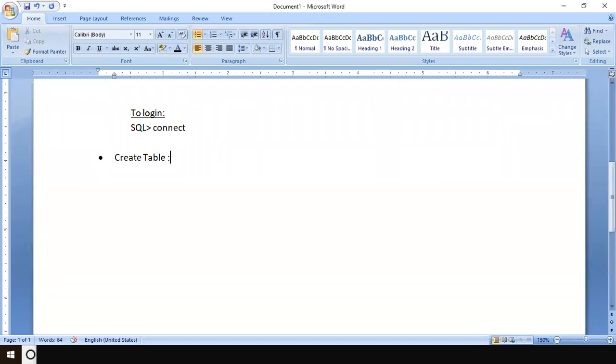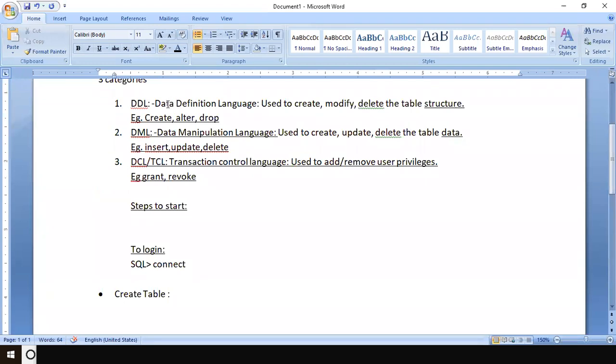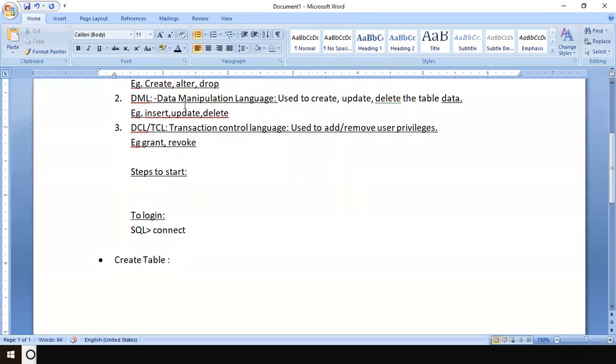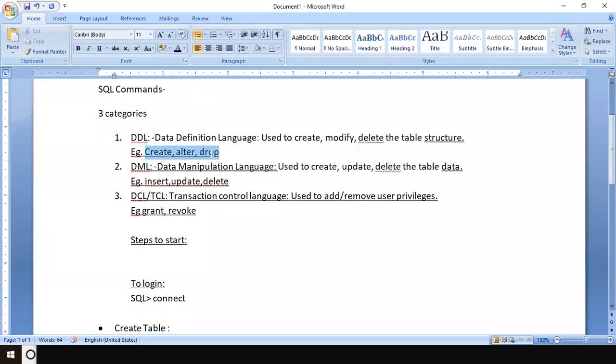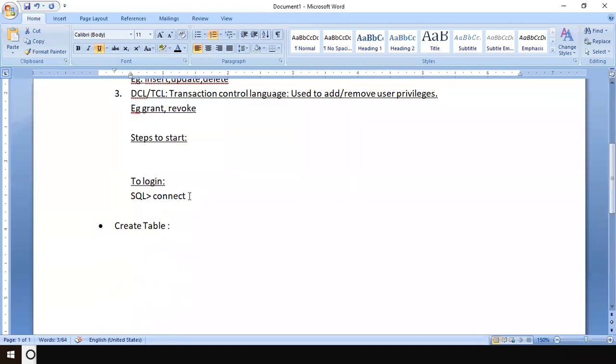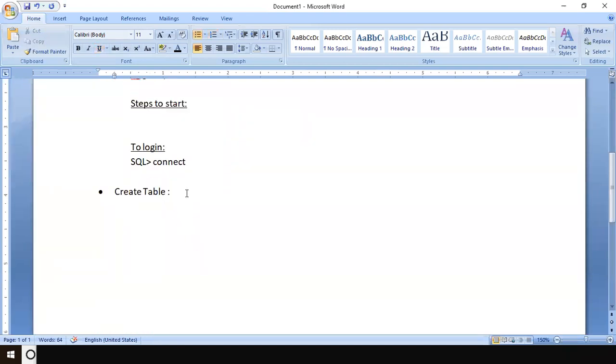Remember that. Create, alter, drop, all these commands are part of the DDL category. For theory as well as practical viva, they always ask you to give examples of DDL commands.